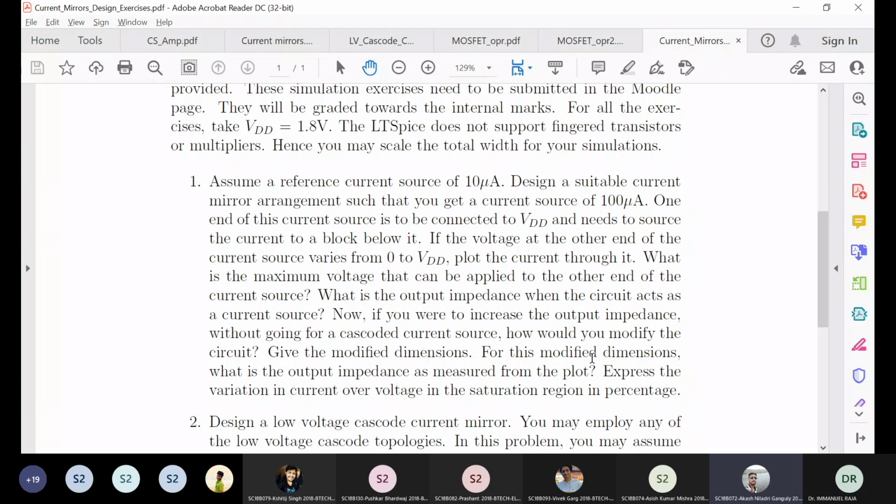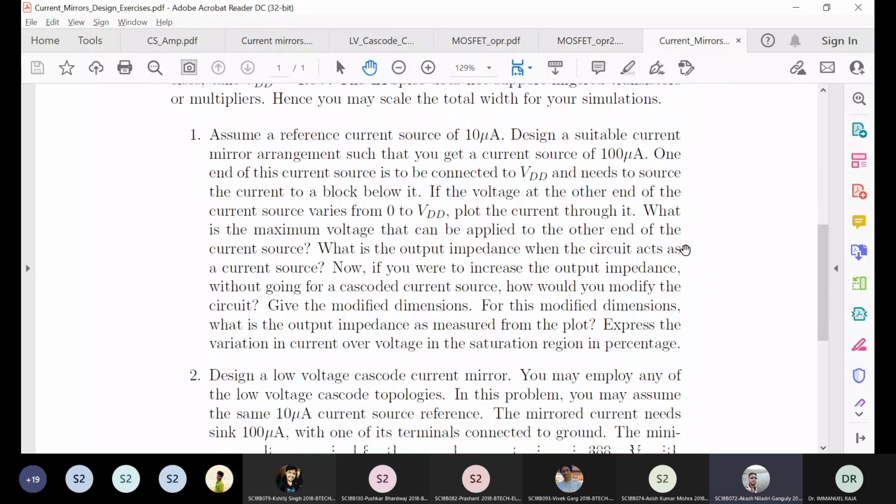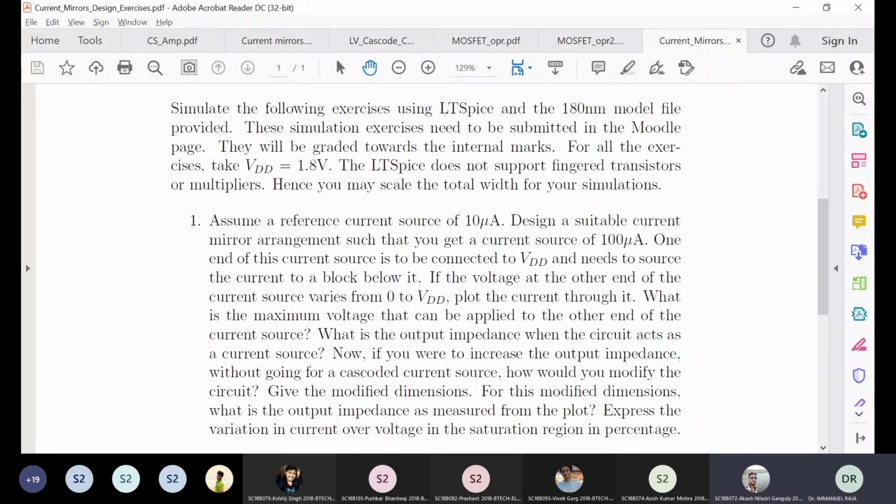and I even scaled the widths and checked for different widths as well. There was some sudden increase in current at some voltage, at the large voltages. Up to what voltage did you sweep?